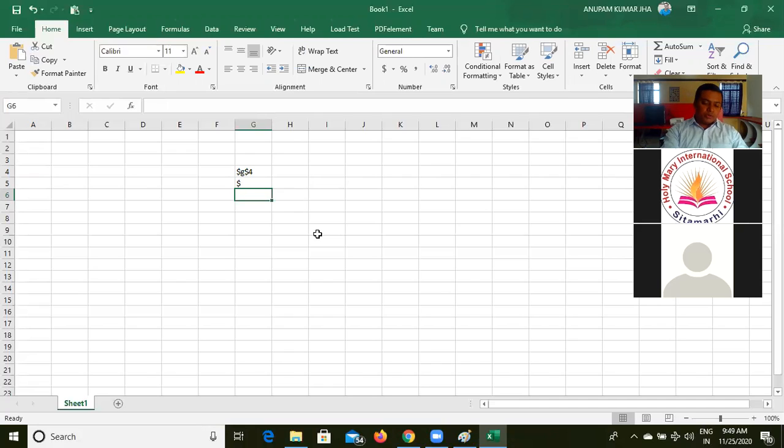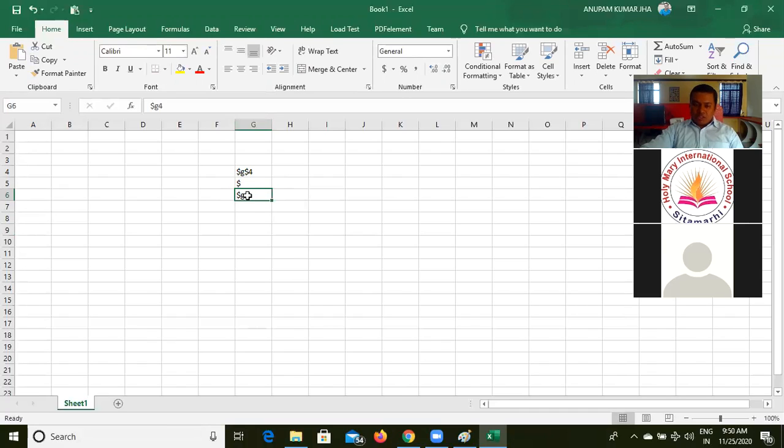Suppose I put a dollar symbol, dollar G4. I have given the dollar before the column name. G is the column name, and before the column name I have given a dollar, which means G is not going to change now. G will be fixed, but 4 will change.